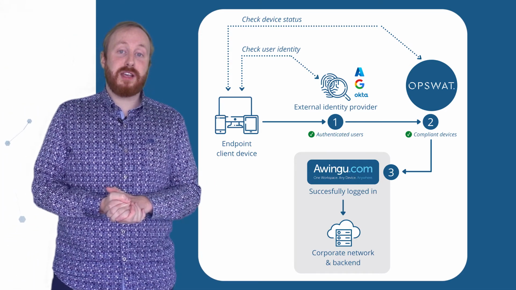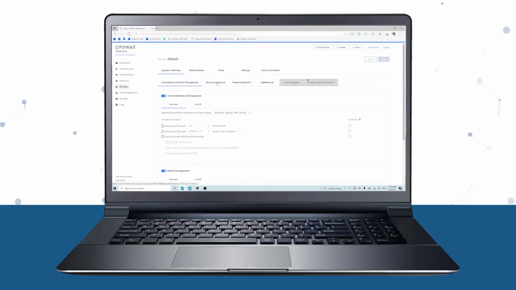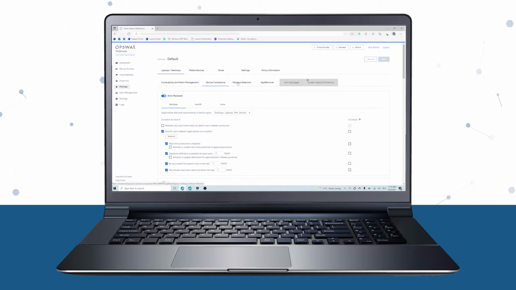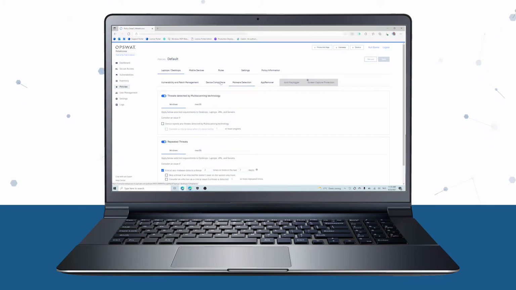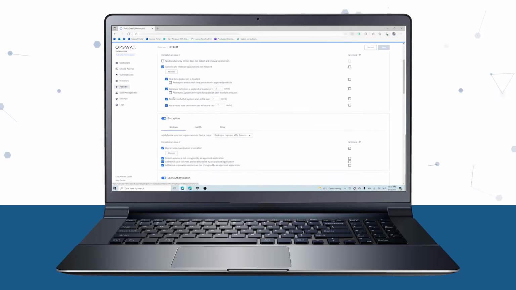Now, let's see Awingu and MetaAccess in action. Here, we see the MetaAccess Policy Manager. You can define the device parameters that allow or deny access to your environment. For example, here we see that the administrator of this MetaAccess instance has ensured that an active and up-to-date antivirus